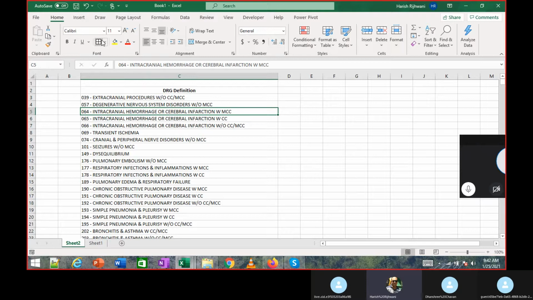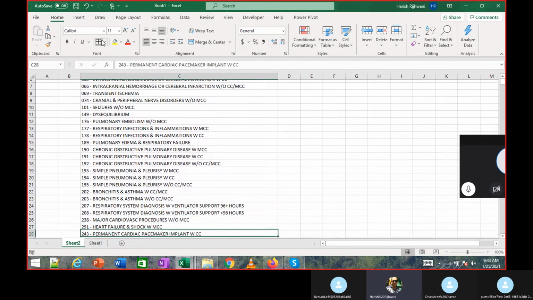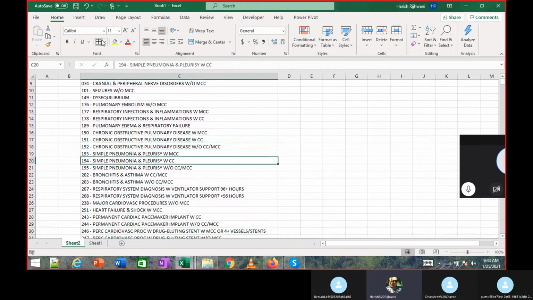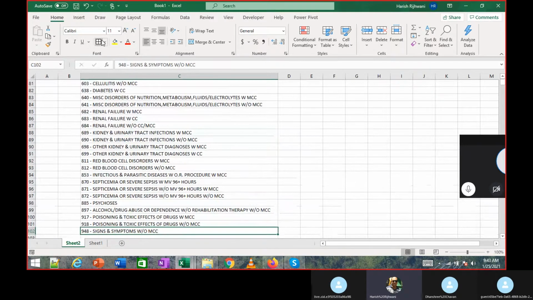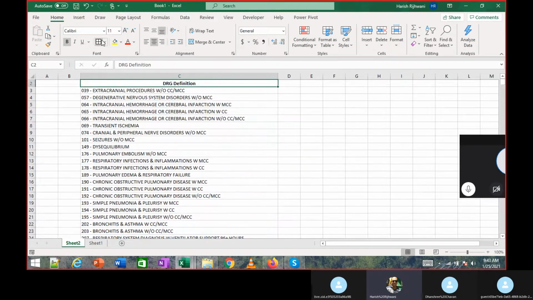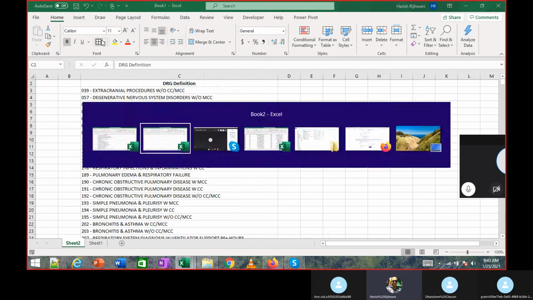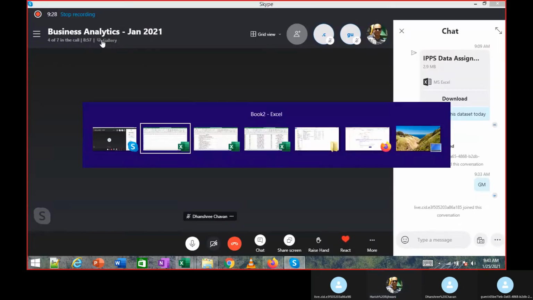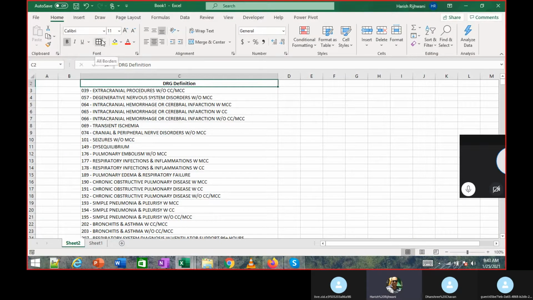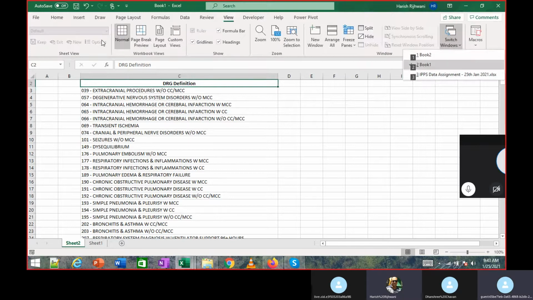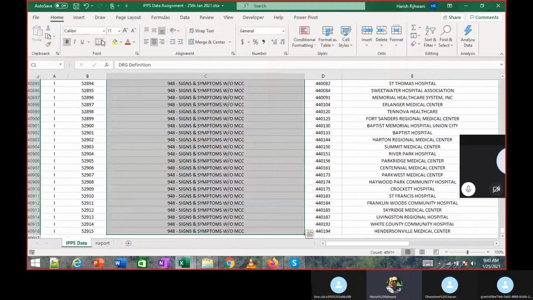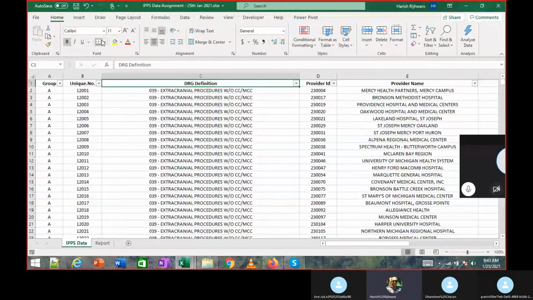That's a brain hemorrhage if I'm not mistaken. Transient ischemia, seizures. This is a representation of the condition the patient has. COPD, pneumonia. You can think of it as a description of the condition the patient has. Clear? Does that help? Yes, sir. So that is the first thing we do. We try to create the data dictionary.